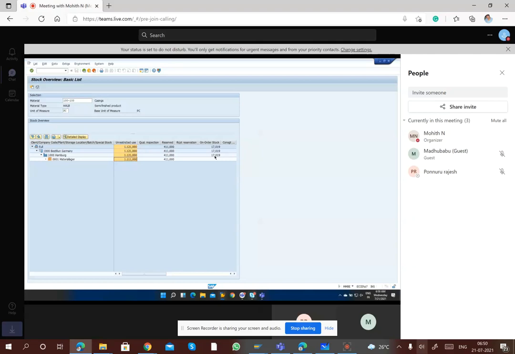So, do we have any stock that should be coming into our plant? No, Mohit. We raised a purchase order. We bought only 12 quantity. There are still 8 left which should come inside, right?